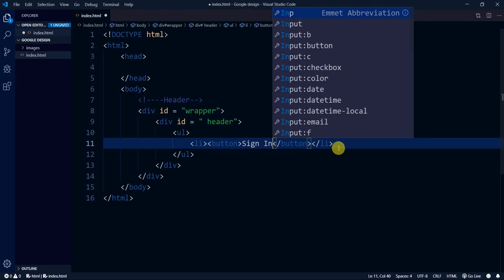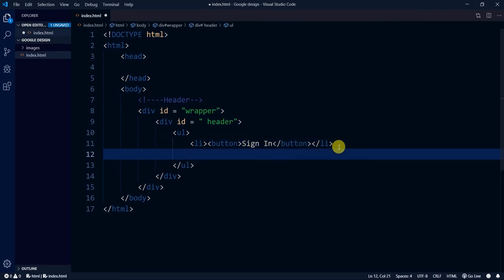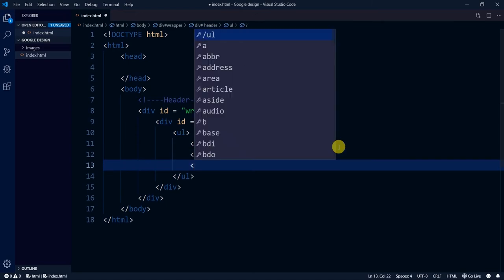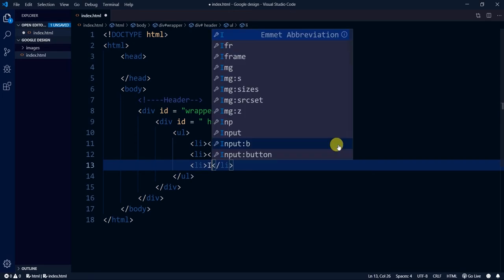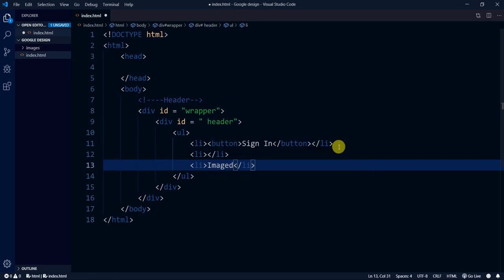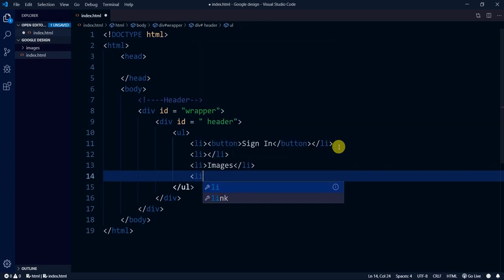Now I'm going to add another list item. I'm not going to add anything between this, and now I'm going to create another list item with images and another list item with Gmail. Okay,